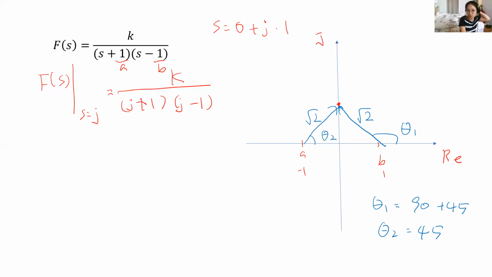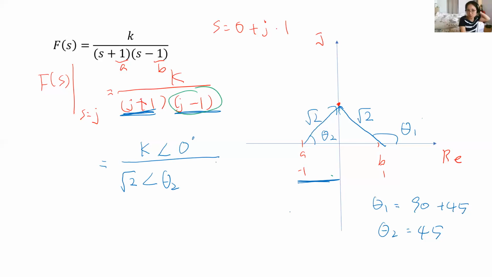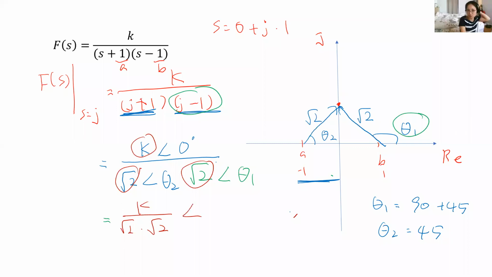So what happens is that you can actually calculate. K is constant, so the magnitude is K and the angle is 0. And for this part, j plus 1 is theta 2, so the magnitude is this value and the angle will be theta 2. And this part will be here, theta 1, so the magnitude is √2, and the angle will be theta 1. Then we can look at the magnitude part first, which is √2 and √2, and sum the angles, which is 0 minus theta 2 minus theta 1,